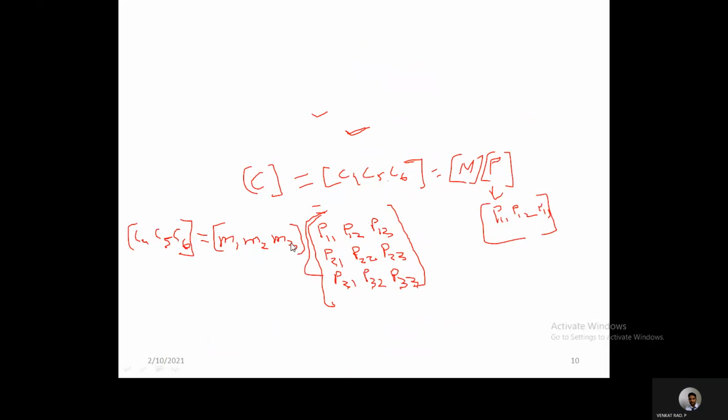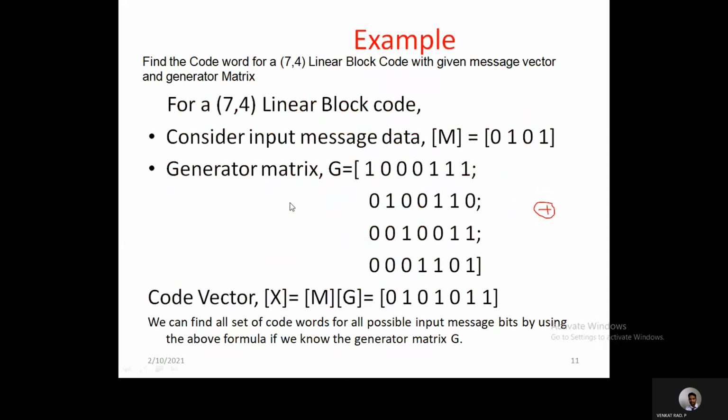That's why after M1, M2, M3, the parity bits are represented as C4, C5, C6. This is obtained by the matrix multiplication of M into P, where M is M1, M2, M3, and so on, and P is the coefficient matrix. The corresponding elements may be represented like P11, P12, and so on. We will see this explanation in the coming examples in a clearer way.